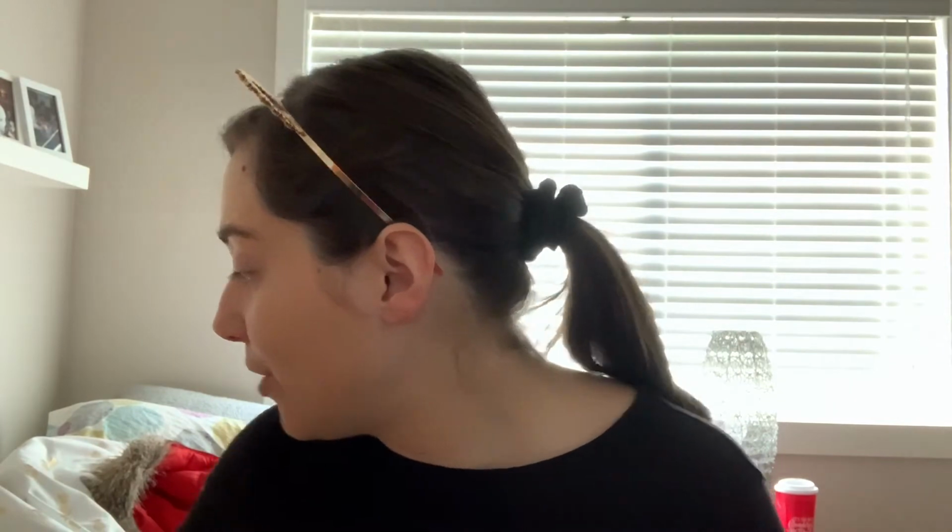Now we are going to go in. I think I'm going to do just a little bit of eyeliner or eyeshadow today. So I'm going to go in and put this Morphe eyelid primer on. Then I'm going to take my Anastasia Beverly Hills and Alyssa Edwards palette. I'm going for a more neutral look today, so I'm going to take the color